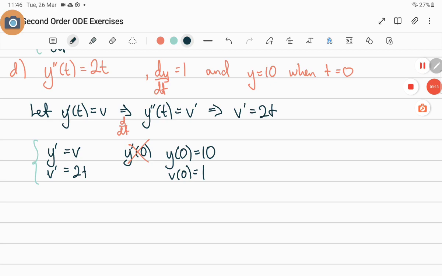And then v1 predictor is equal to the previous v, which is 1, plus step size 0.1 times the slope of v. The slope of v is minus 4 times v minus 3 times x, and it should be the previous slope. The previous v was 1 and the previous x was 0, so we should be able to get a number out here reasonably quickly and easily, 0.6. Okay,